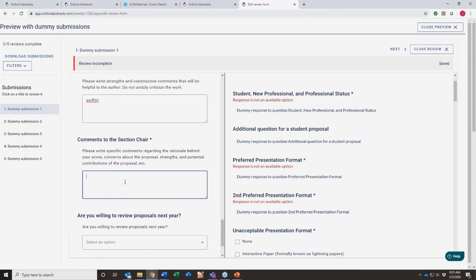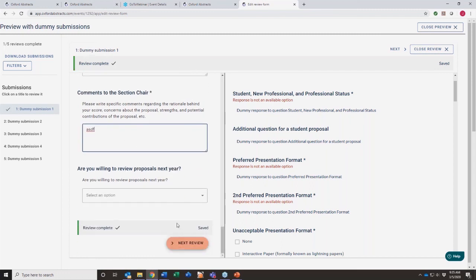And so then again, the last question is, are you willing to review proposals next year? And you can do yes or no. Okay, then as you get to the bottom here, you'll notice that it says review complete. There is a check mark and it says saved. So now you can do the next review